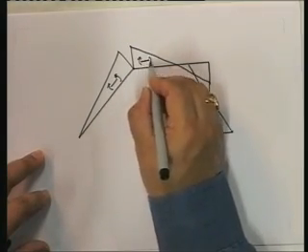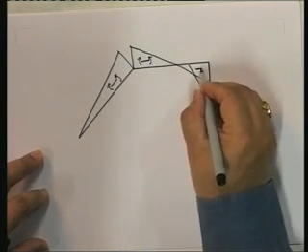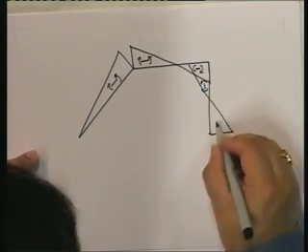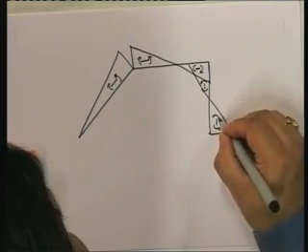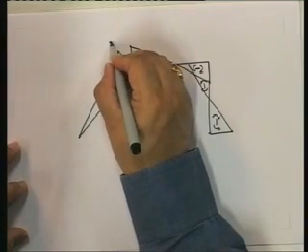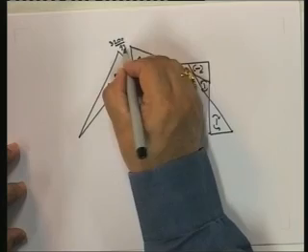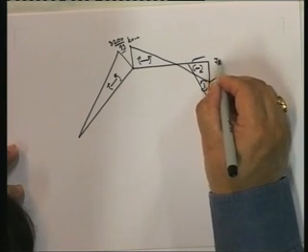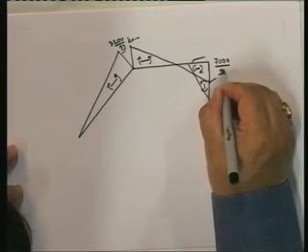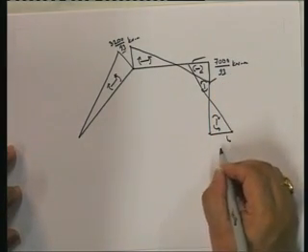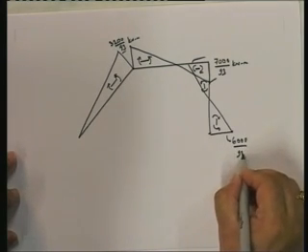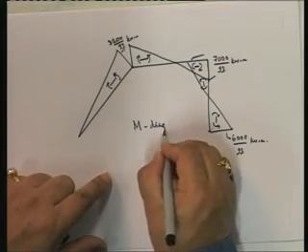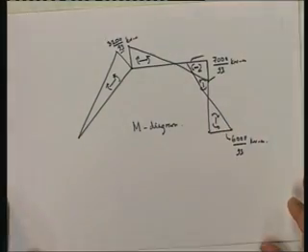Over here, this is this way. Over here, this is this way. Over here, this is this way. And over here, this is this way. The values, this is 3200 by 93 kilonewton meter. Both of them. Here, both of them, the value is 7000 by 93 kilonewton meter, and over here is going to be 6000 by 93 kilonewton meter. This is my bending moment diagram for the 20 kilonewton force over